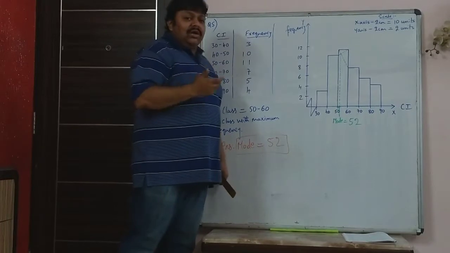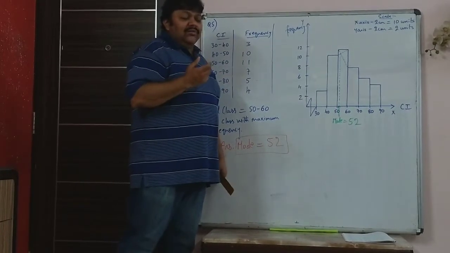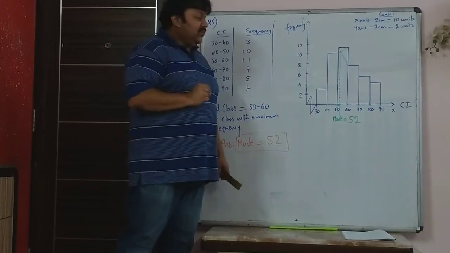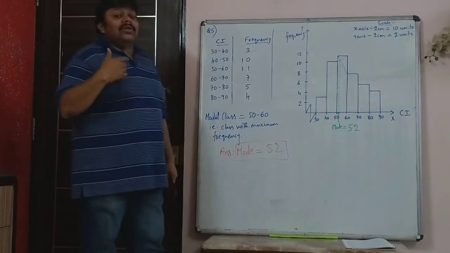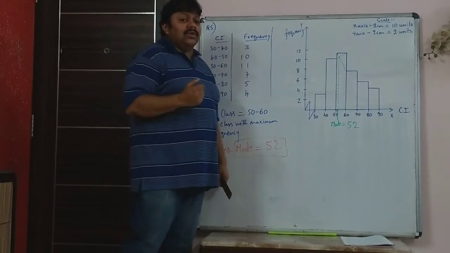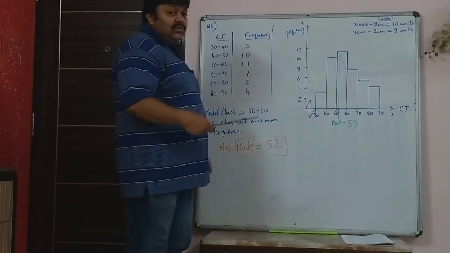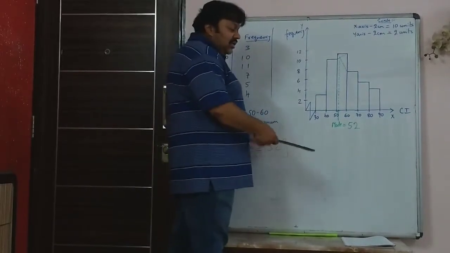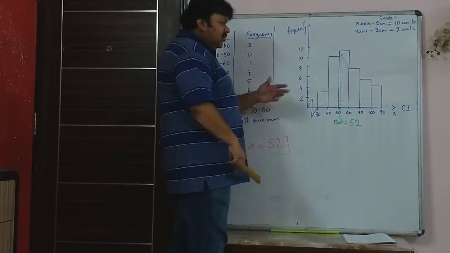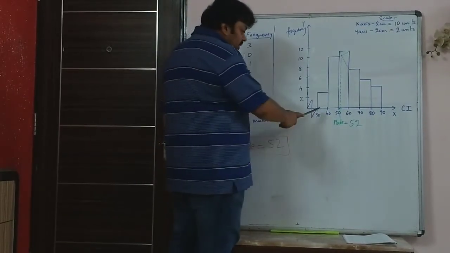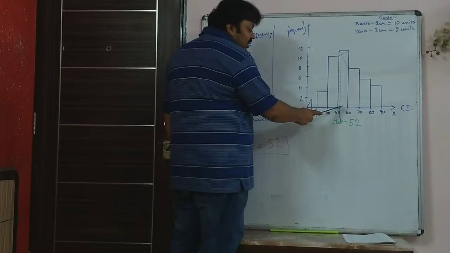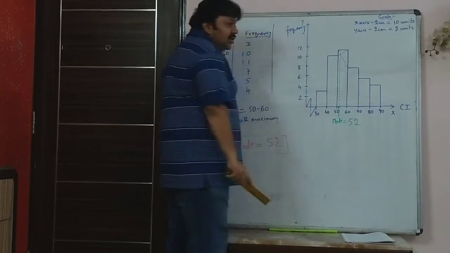If you have this small graph book with you, you will have a 1 centimeter graph given, and that will be smaller. Whereas in the board exam, you will be given the 2 centimeter graph. Many of your schools have the journal, which is a 2 centimeter graph. In that paper, you have to draw the graph. I will show you shortly what the 2 centimeter graph is. Of course, the students who were with us in 9th know, because we had done this on the 2 centimeter graph. So this is 2 centimeter, then 30, 40, 50, 60, every gap is 2 centimeter.